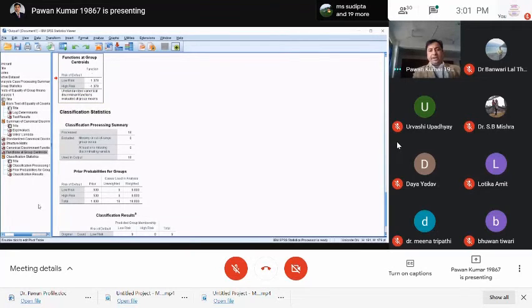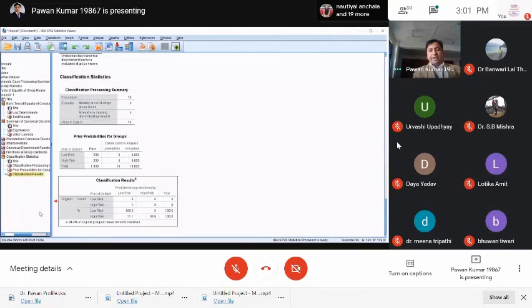And finally, you are not going to take all these tables. Last is the classification results. Classification results show how well this model is able to predict, because discriminant analysis is also called classification analysis, also called prediction analysis. Whether this model, which discriminates between the high risk customer and the low risk customer, performs well in classification, we are able to see here.